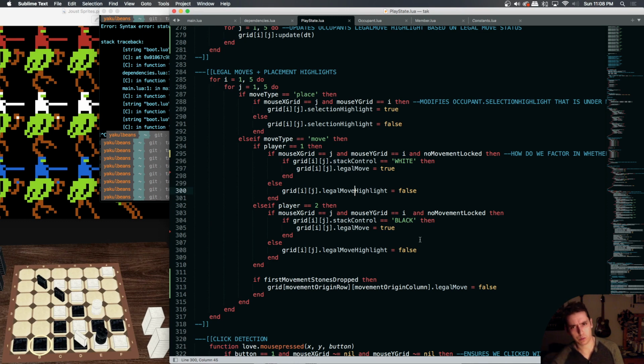Because this is where if we're hovered over it, it shouldn't be true. The legal move shouldn't be true, so it shouldn't render the legal move. I'm just so confused there. Why is it that when we turn this off,